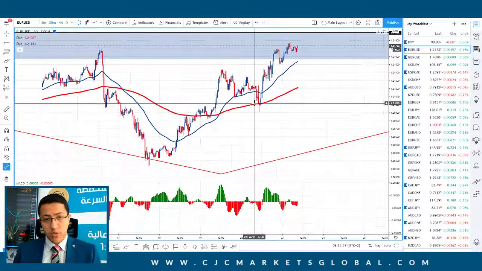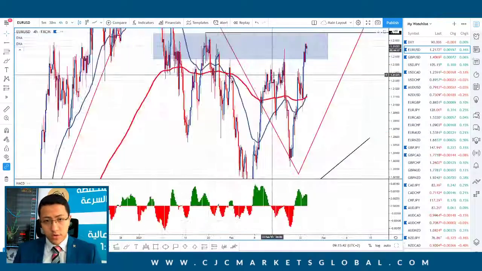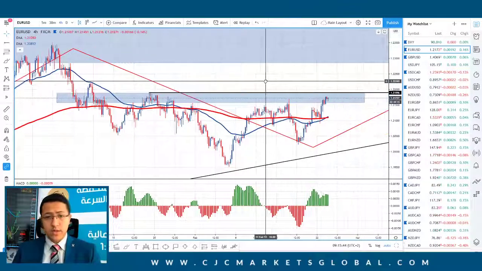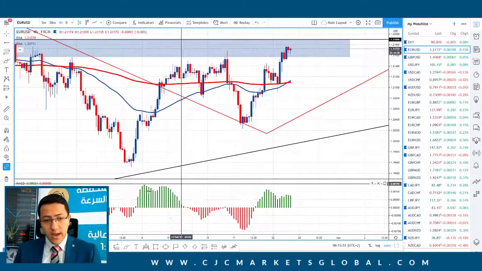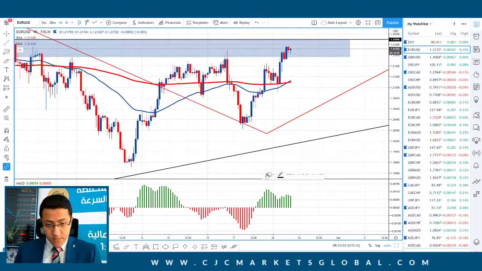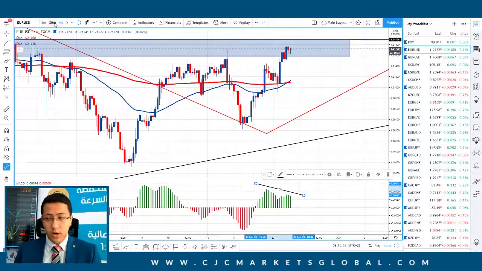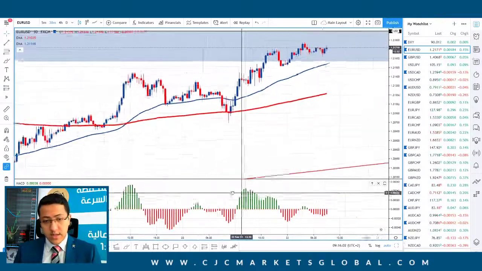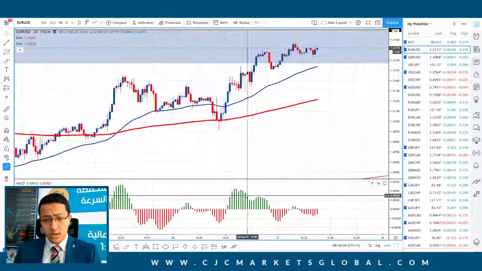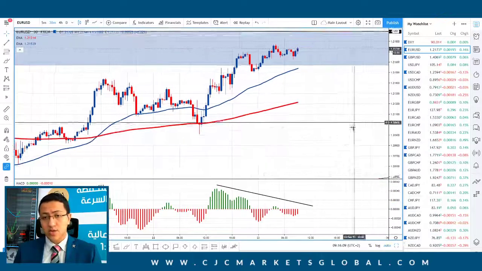Regarding the euro dollar, we are having the same scenario, but on the opposite side. On the 4-hour time frame, we are trading at around the resistance levels that we highlighted. It's 1.2180 roughly, and again we are having bearish divergence. It's the opposite side, so we are having bearish divergence on the euro dollar on the 4-hour time frame and the 30 minutes time frame. So we're expecting a move to the downside during the day on euro dollar, as long as we are trading below